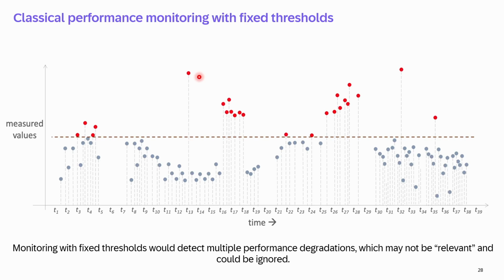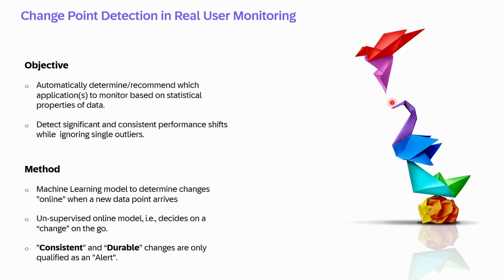If you made it simple and just put a static threshold, then all executions or response times above these thresholds would lead to a red execution and probably an alert. And this is something nobody wants to have. You would be flooded with false positives or useless alerts, as shown here.